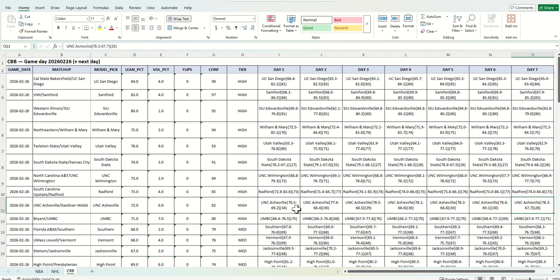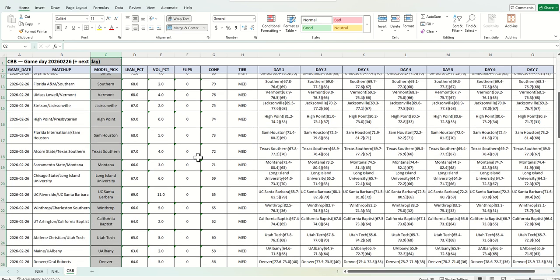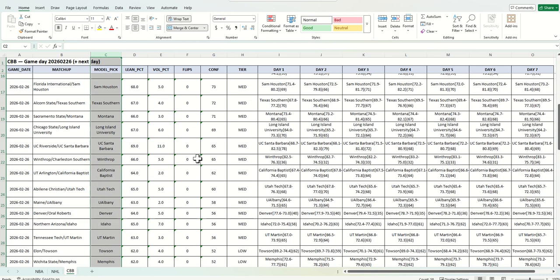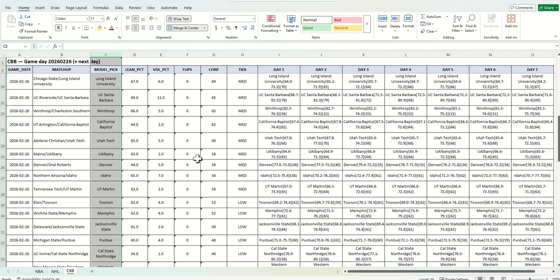But you'll also see the scores. So that's probably what you're more interested in anyway. Here it'll tell you if it's flipped, who is going to win it all during the week, the volatility percentage on it, and it'll tell you who it thinks is going to win. Sometimes day 7 isn't necessarily who it thinks is going to win for the week. But I do have every game here for the college. So if you want, you can go ahead, pause this video at some point. If you see a game that you want to check out, it'll have 7 days of predictions.